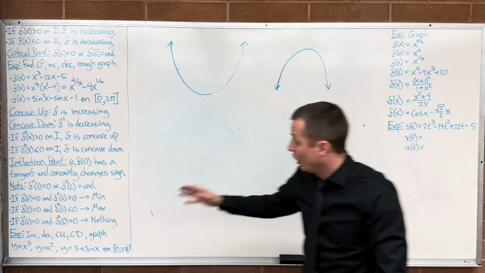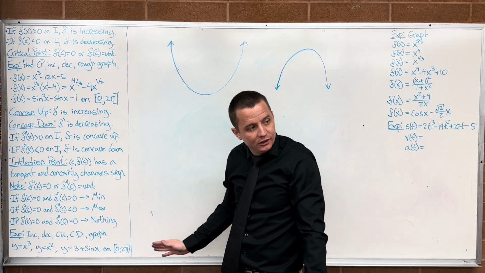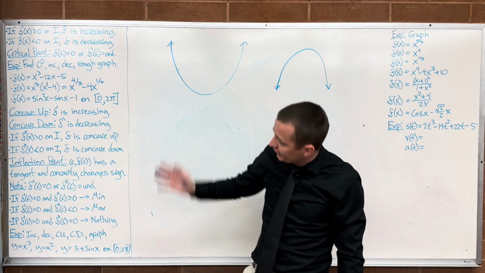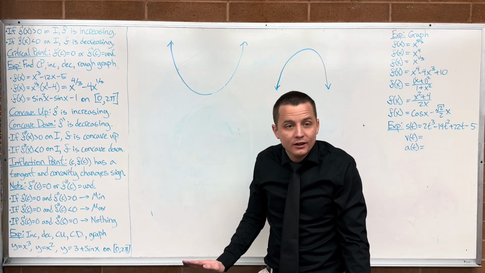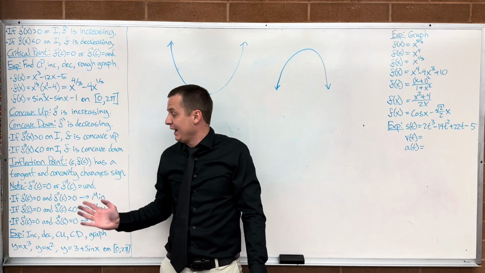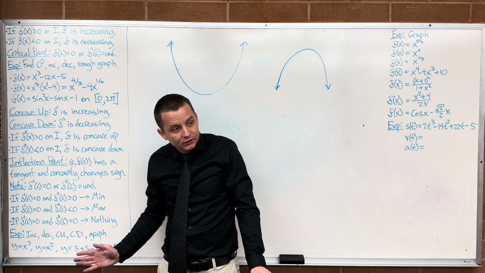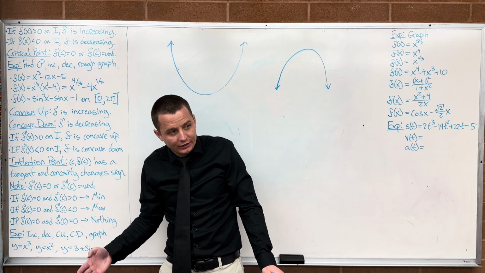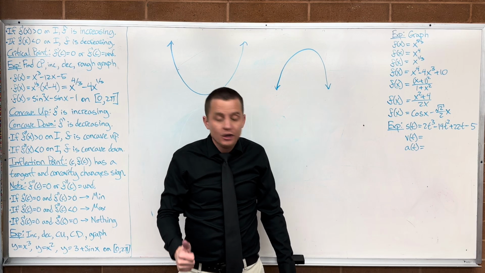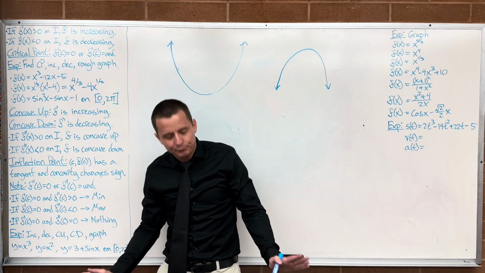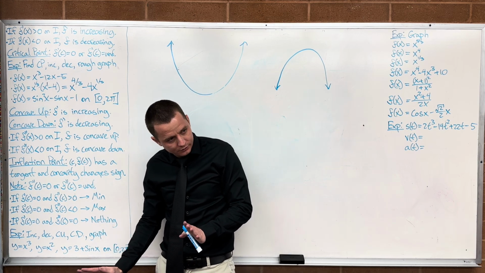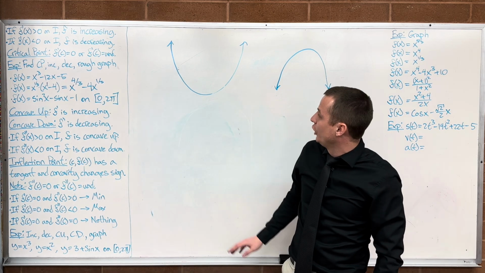Okay, so that's what an inflection point is, where it changes from positive concavity to negative concavity or vice versa, and the tangent has to be able to exist at that point. So if the derivative exists at that point, for sure a tangent does. But it's possible the derivative doesn't exist at that point, and we could still get a tangent if we want to. Another thing you'll notice is,